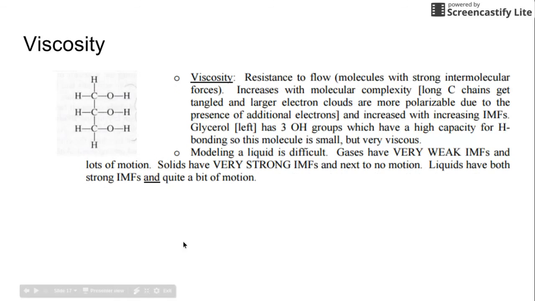The last thing I want to talk about is viscosity. Viscosity is the resistance